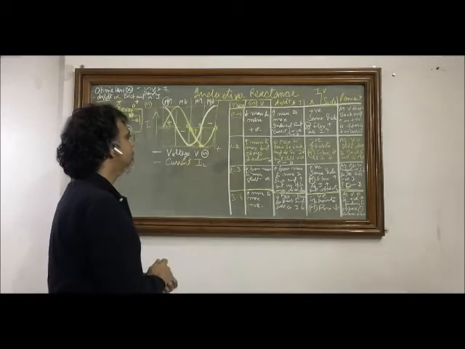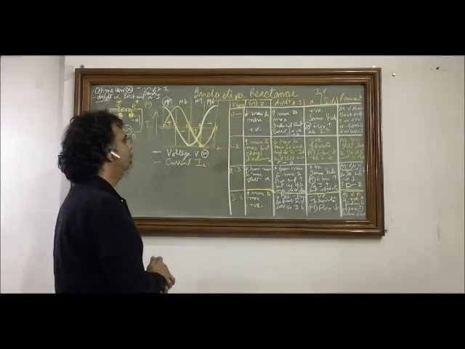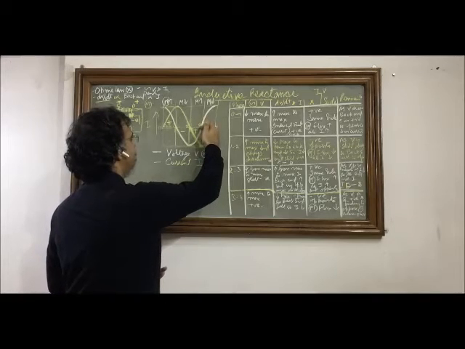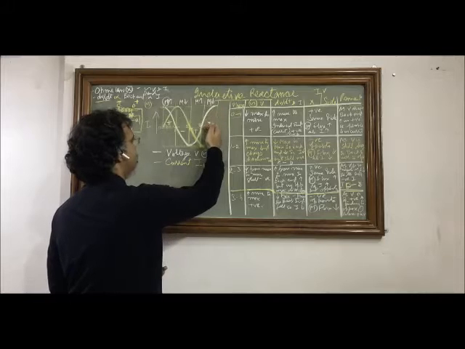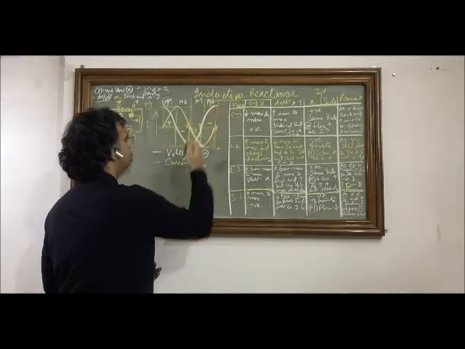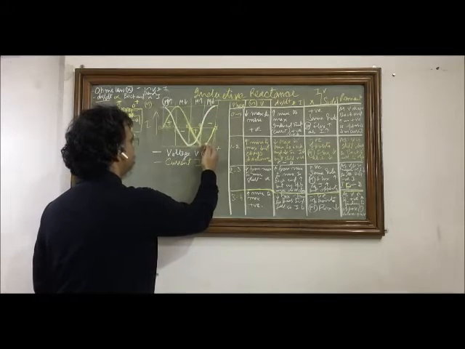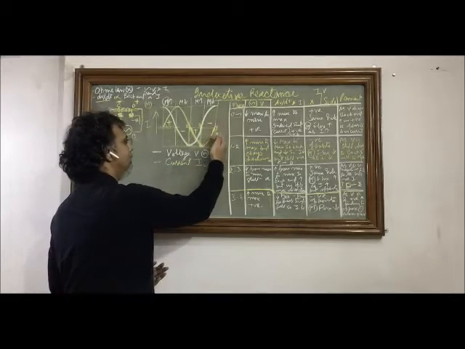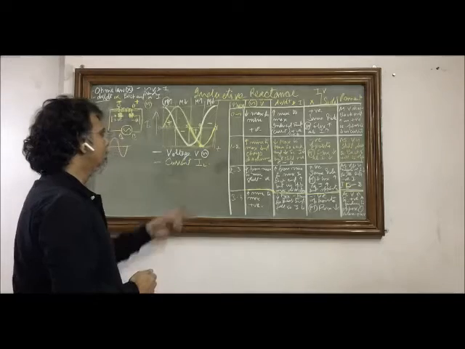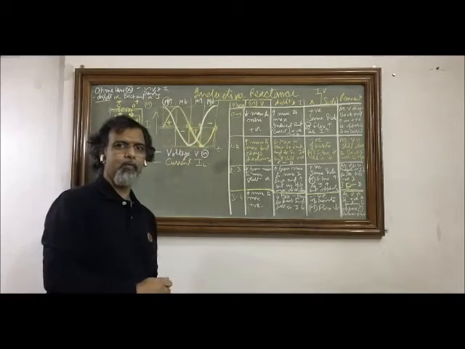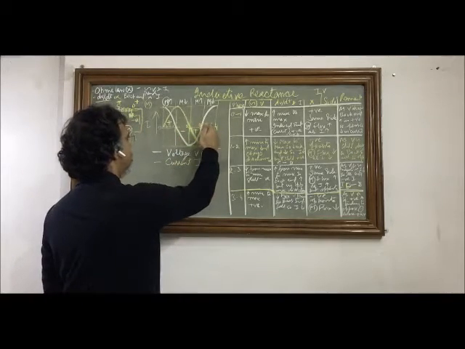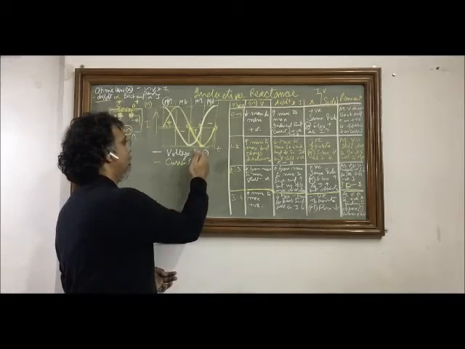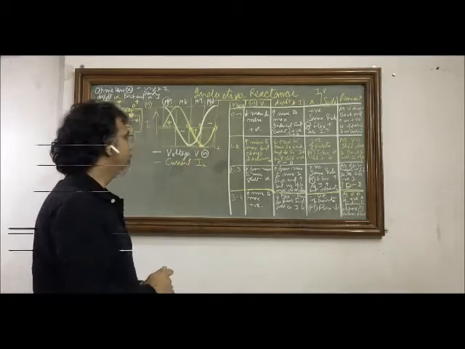Coming to the last quarter of the cycle of both sinusoids, we again see that the voltage is rising, but it is on the upper side of the baseline, and the current is on the lower side of the baseline. One is positive, the other is negative. So again, the product of these two will give us a negative quantity, which means the magnetic energy or the magnetic flux will decrease in the inductor and the magnetic flux will be reduced.